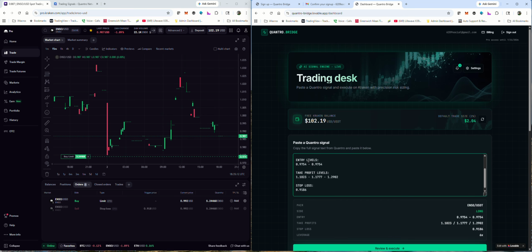There it is. So I copied and I pasted it. Now I want you to pay attention. If you notice here in my orders, I have two orders. It's a buy and a sell. That's an order that I put in earlier that's actually running from Quantro. But I'm going to enter in another one as if it was the same so that you can see how